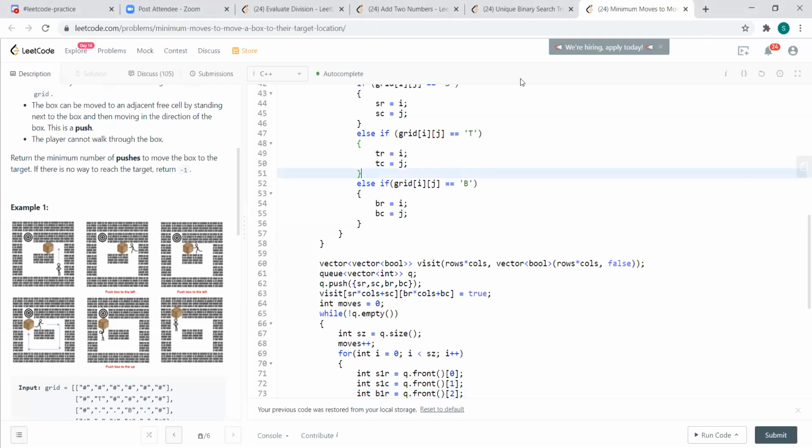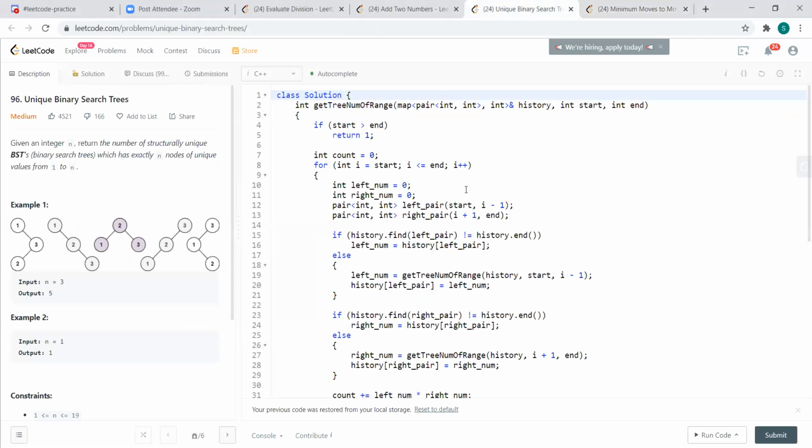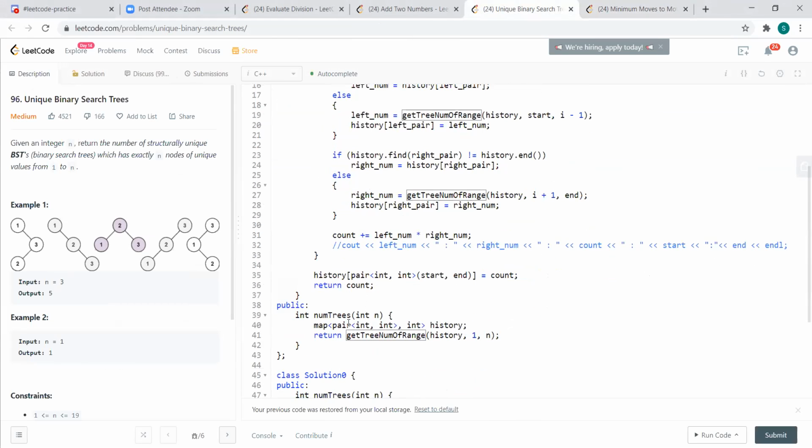Yeah, sure. I'll just quickly run through this one. This is the one I was talking about. There is more implementation though, but let me run through that. So this is the function I'm calling, my main function. I'm using a map also for history where I'm storing a pair.